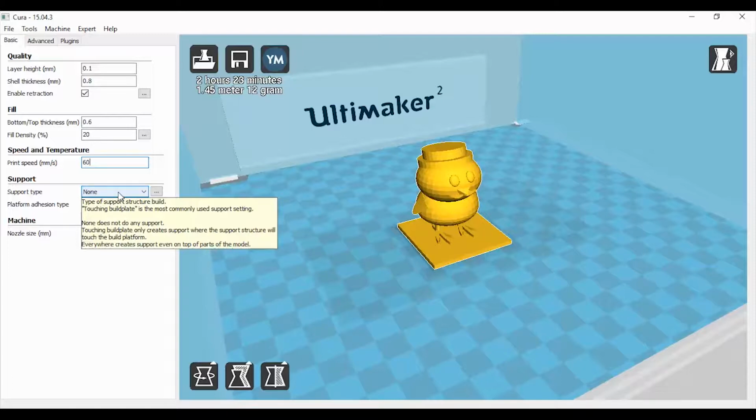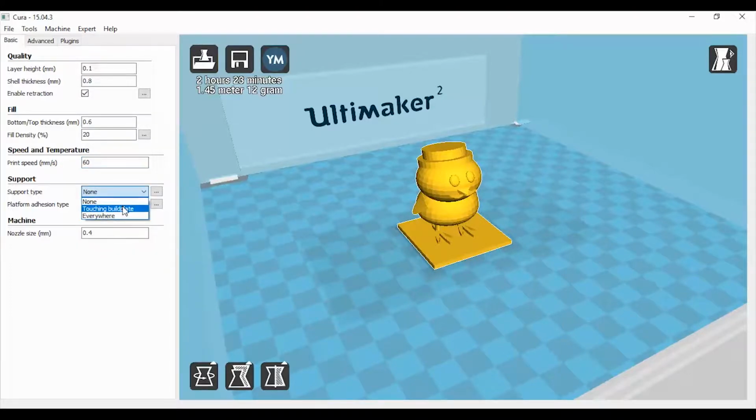As the name implies, none means that no support material will be utilized. Although this is warranted for some parts, most often it will result in a distorted part with skewed proportions due to the fact that the warm, malleable material will fall with gravity and will not be supported by the supporting structures. To talk about the other two options, the difference between everywhere and touching the build plate is that